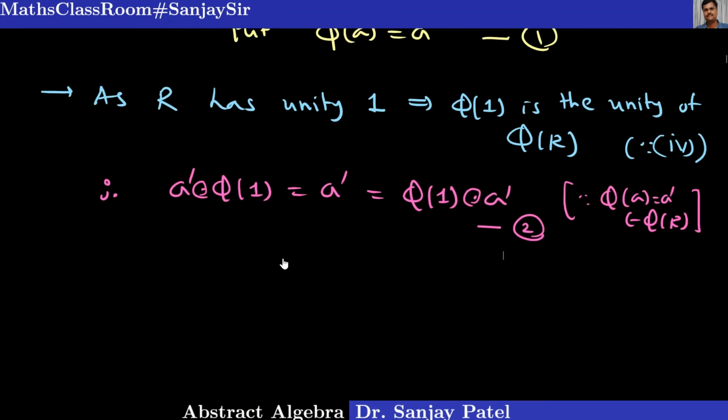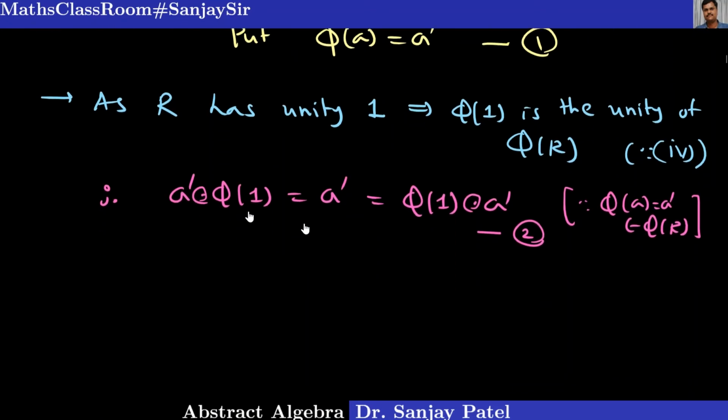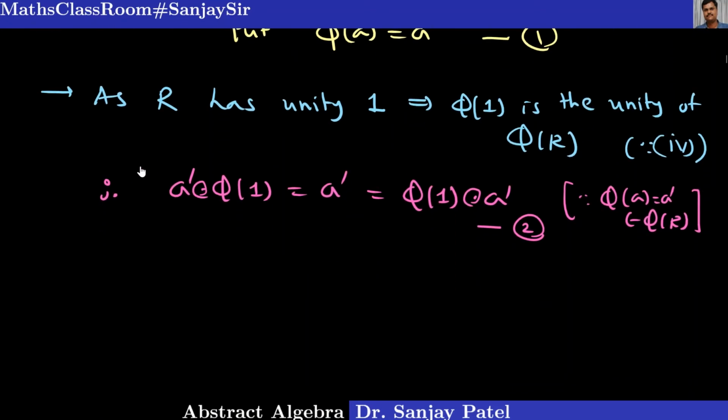What I want to prove is this: phi of 1 is actually the unity of the whole ring R'. Remember, what I have proved here is a' into phi of 1 is equal to a', and this a' is some particular element because it corresponds to some fixed element a belonging to R. So a is fixed, so phi of a is equal to a', that is also some fixed element of the codomain ring. So now